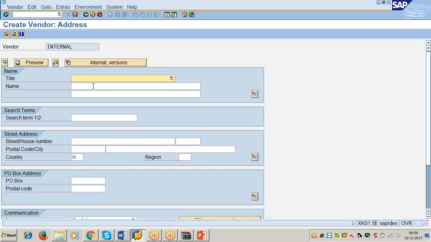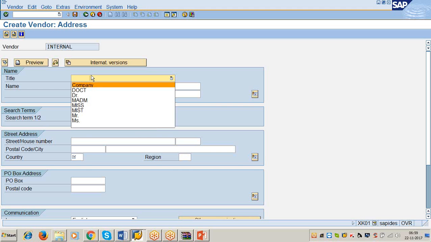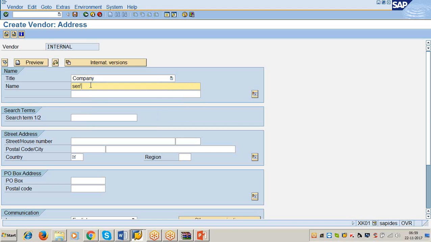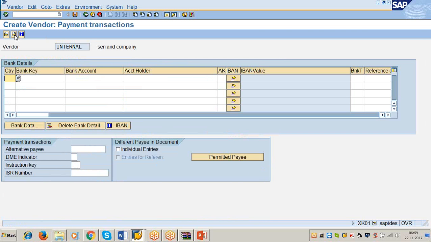Okay, Gadi? Okay, sir. Company name is equal to Sane and company. Country US. Click on the next screen button 4 times. 1, 2, 3,